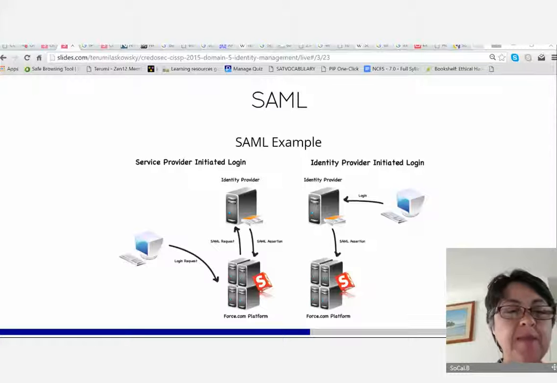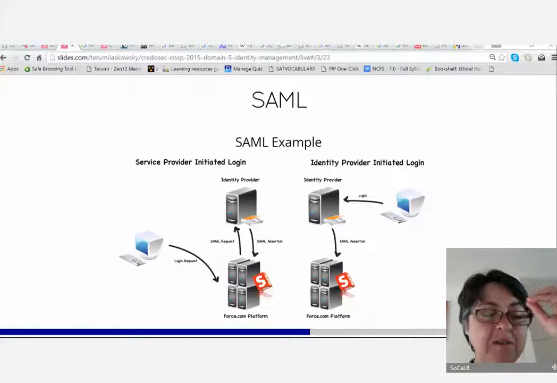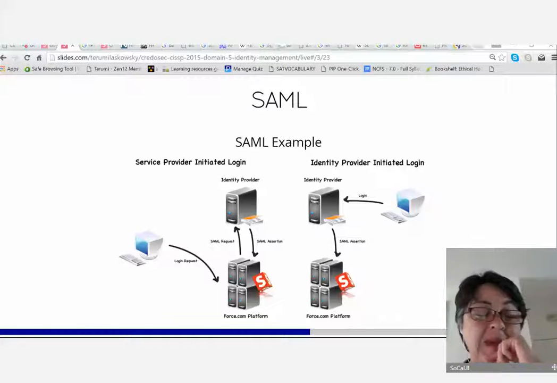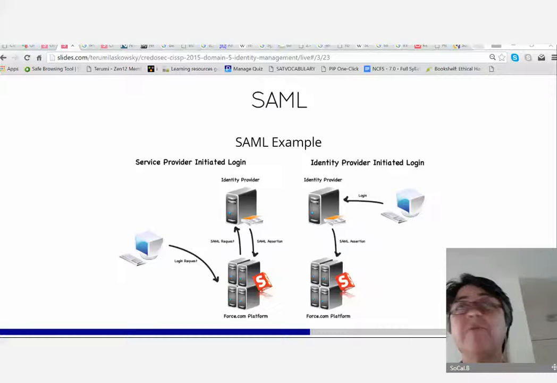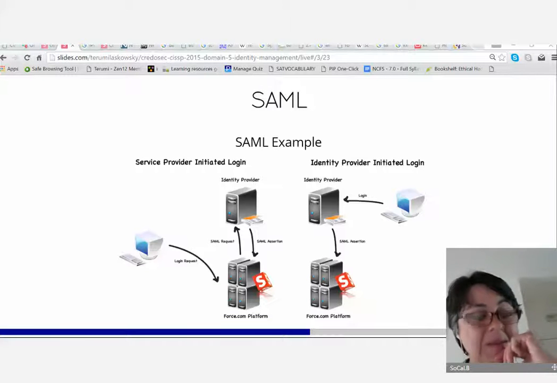What about the scenario where company A's employee is redirected to company A's AD server, but it takes them to company B's force account and vice versa? Yeah, that would be a misconfiguration indeed. And in fact, misconfigurations are one of the top flaws, or weaknesses, that we have in systems. Hopefully that doesn't happen. Because you're right, they don't have to log in to SFDC. They don't have to log in physically.